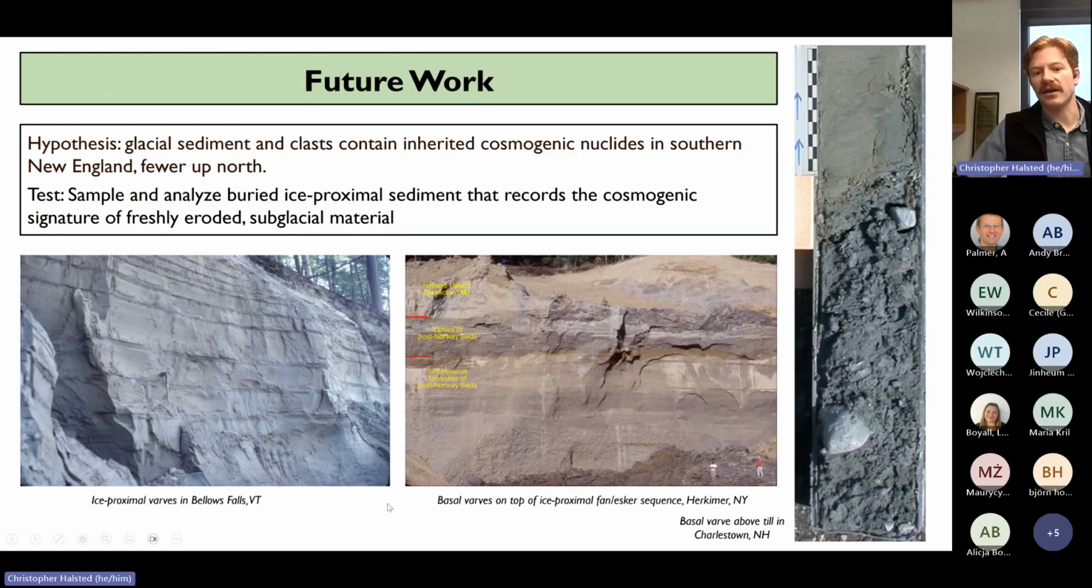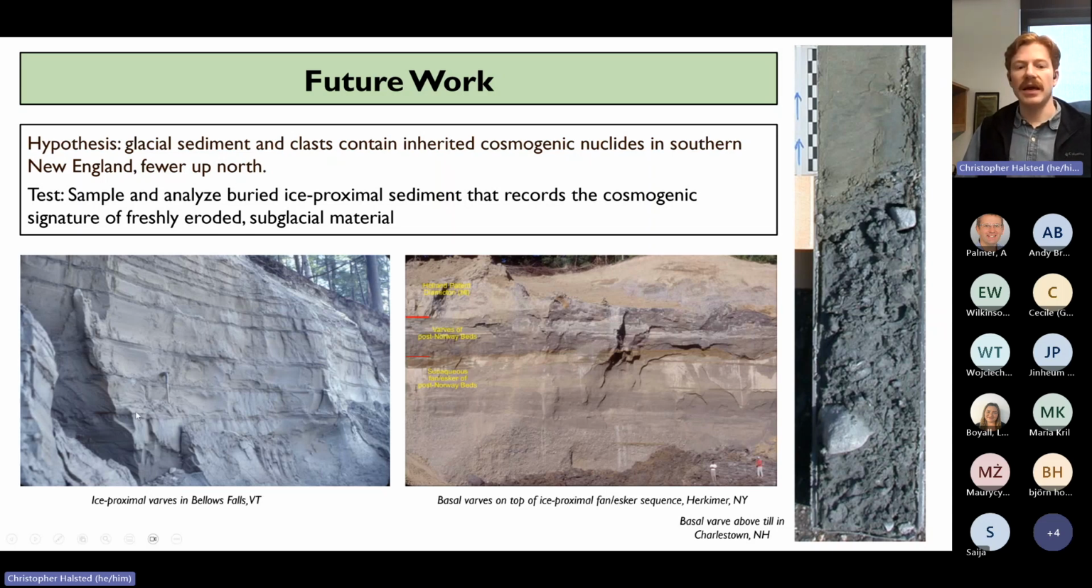And so that leads us finally into some future work that I'm currently doing with Jack Ridge. We want to test this hypothesis. And most of what we want to test is whether there is what's called cosmogenic nuclide inheritance in samples from further south. And we're going to do that by going to sites that Jack has previously visited, where we have these extensive sediment deposits from ice contact